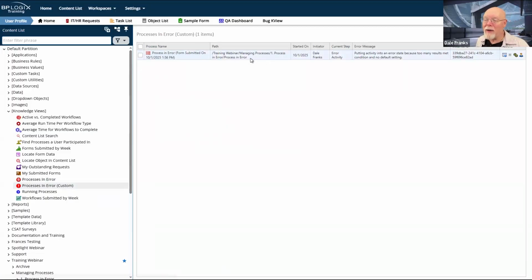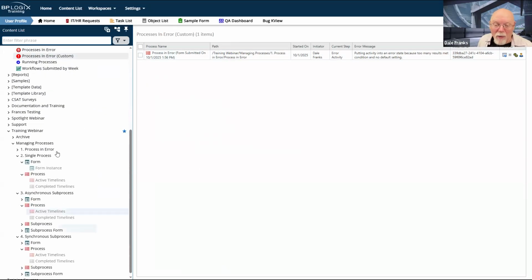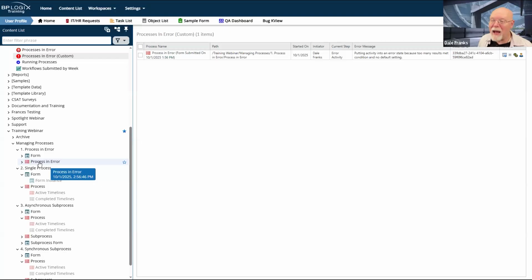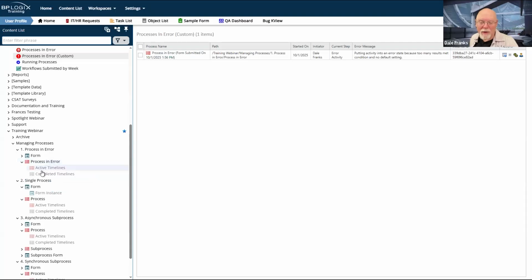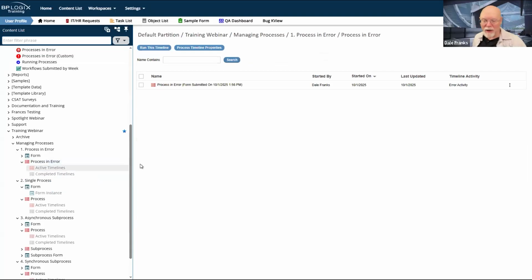And so I have added the path so that I can say it's in training webinar, managing processes, folder 1, processes in error. Okay, now I know where to find it. There we go. That is my process timeline definition that is in error. And so now I can go find the active timelines and I can make the fix.